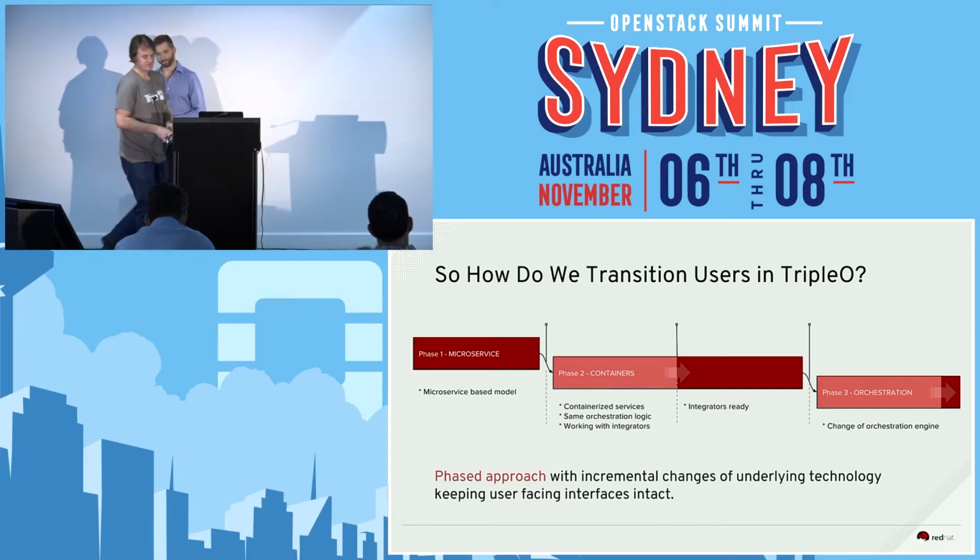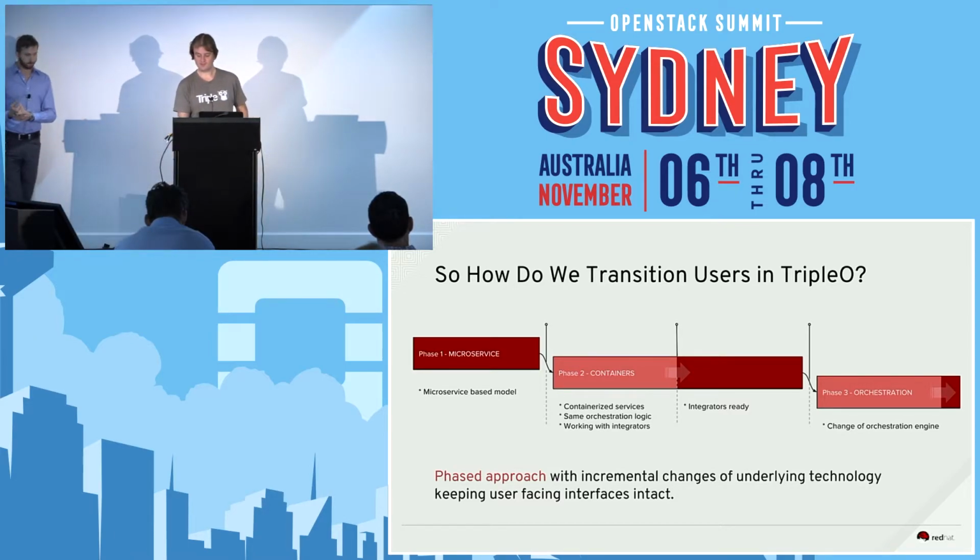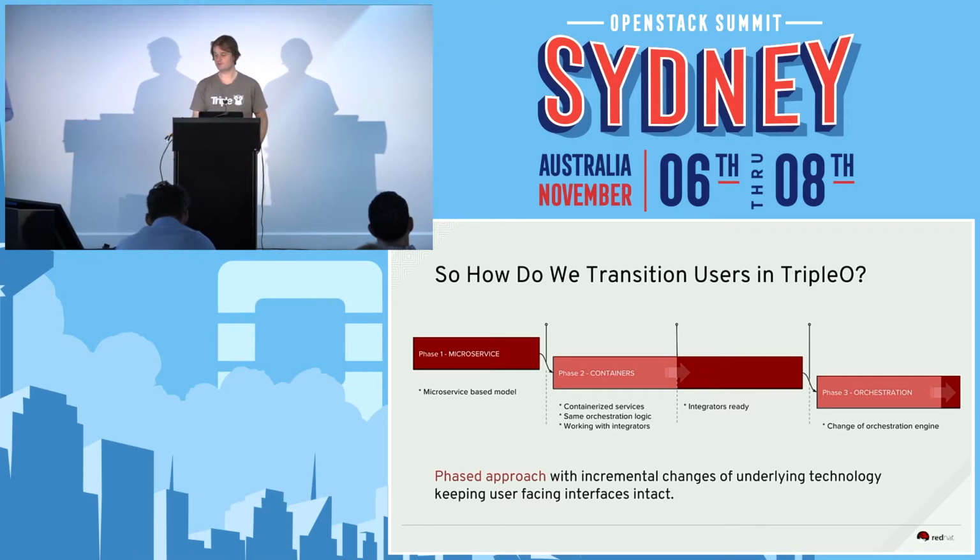Sure, thanks, Jarda. So I'm just going to dive a little bit more into the details, and hopefully that will frame the problem for you, which is that we have had a number of generations of OOO, and we've made significant architectural changes, and we've got real users who are using this stuff to deploy their production clouds, and we really have some strong constraints around backwards compatibility for that reason.